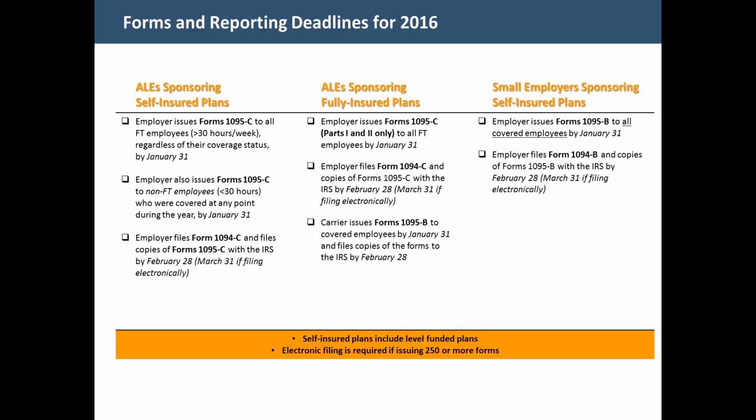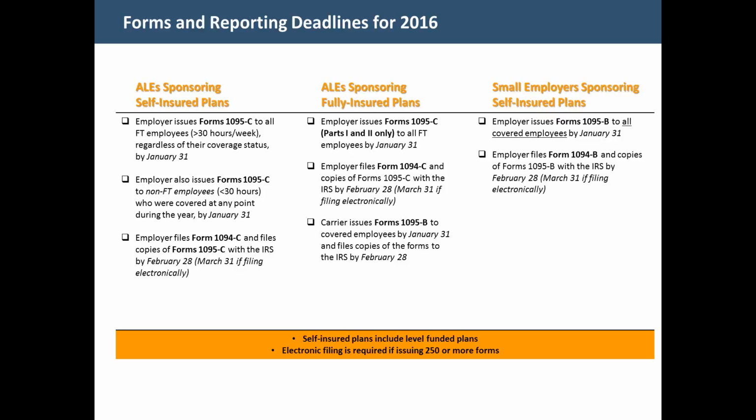or March 31st. Because the health coverage is insured, the carrier is responsible for reporting what coverage was provided, and they will do that on Forms 1095-B. They must send that to all covered employees by January 31st. And that's the form that employees will use to prove that they had coverage on their income taxes when they